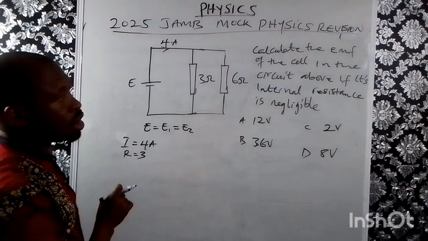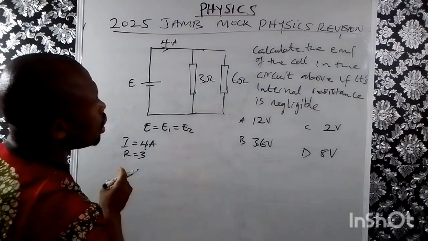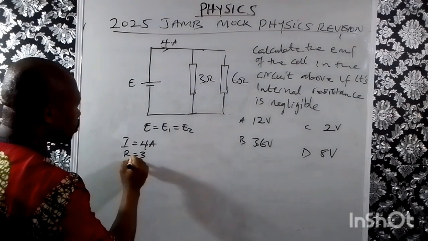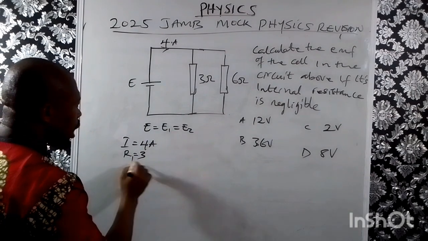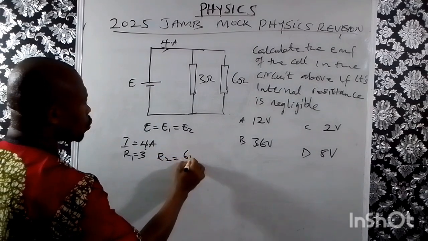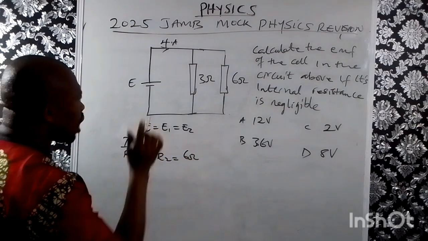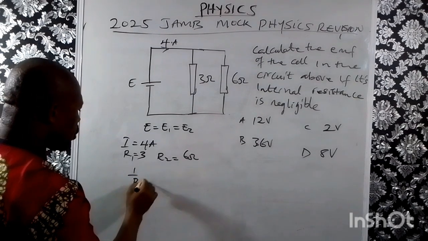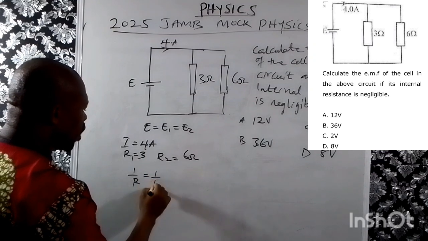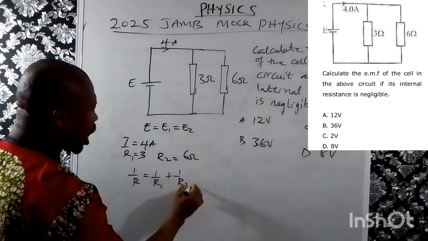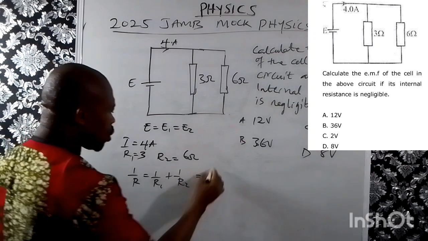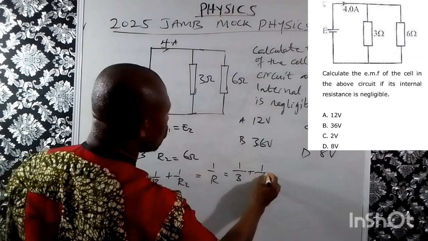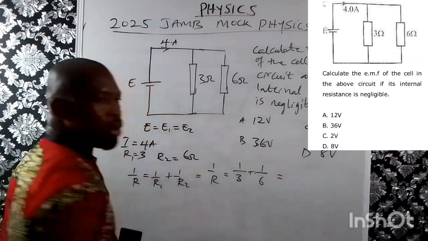Once we resolve it, we now have R1 is equal to this, and then R2 is equal to 6 ohm. Now, if we have this, all we need to do is 1 over R is equal to 1 over R1 plus 1 over R2, which will give us 1 over R equals 1 over 3 plus 1 over 6, which will now give us